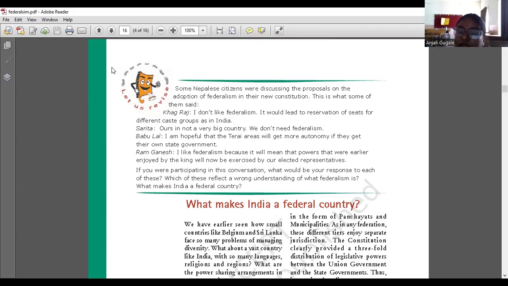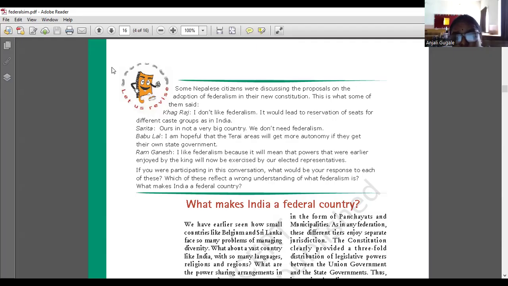All countries have to make their own choices. If India has reservation of seats for the local government, if we are doing that for the community, for the upliftment of the community, it is not necessary that the Nepal government has to do it. It is in the hands of the people. They have to decide whether they would like to give reservations or not. It's their own choice. For example, America is also a coming together federation. Over there, there is no policy of reservation. So it is entirely the choice of the country whether they'd like to form a community government, a third tier of government, and give them the reservations also.